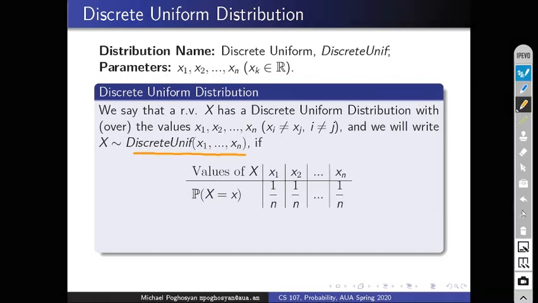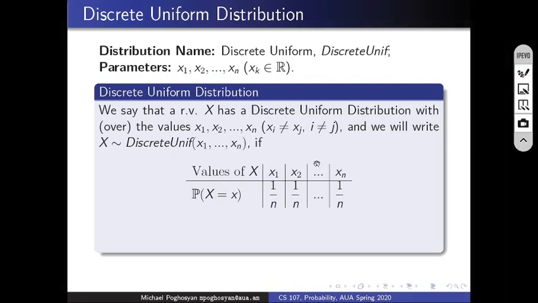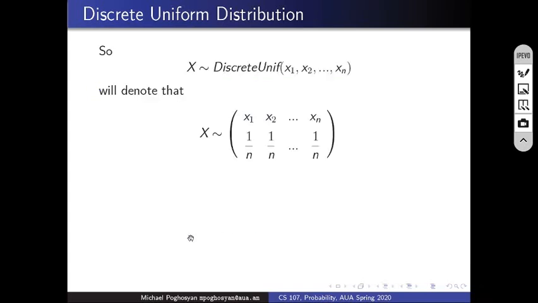Okay, so let me erase first. Move forward. So I can write the PMF in this function form. The probability that x will take the value xk is 1 over n for any k. So these probabilities are equal to each other for different cases. So if x is discrete uniform over these values, then we can write that x is distributed like this. It is taking the values x1, x2, xn with probabilities 1 over n,